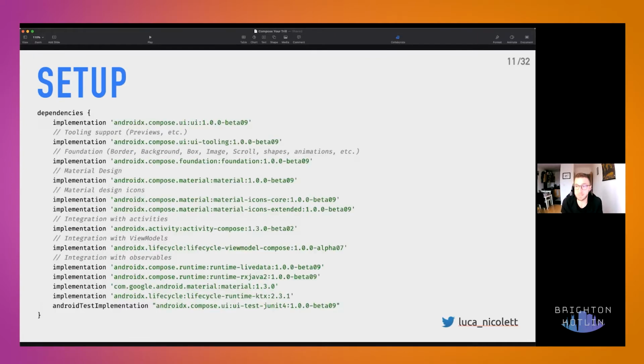And then, depending on what you're looking to use, add all or just some of those libraries to your dependencies. For example, if you're not planning to use the integration with RxJava because you're not using it in your project, say you already migrated entirely to Coroutines, you can avoid that package. Or you could avoid the material and material icons if your app has a design system that is different from the material one, just to save some space in your bundles or APK if you're still shipping APKs.